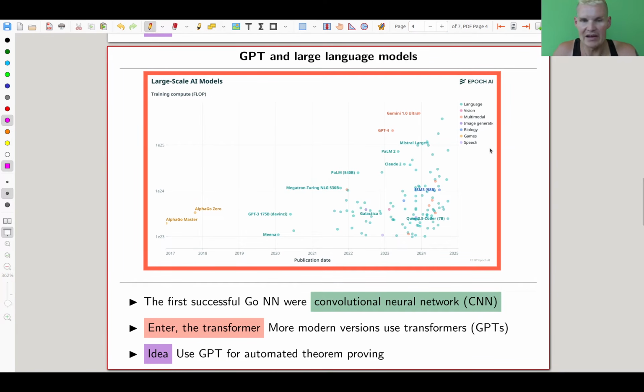People just realized that Go is very similar to theorem proving, kind of a fun thing. So chess, very different. Go, not very different. You can also do chess with those types of neural networks, but chess was understood way before, and Go was very complicated for a long time. But anyway, the architecture that can do Go, people conjectured that maybe it actually can do automated theorem proving as well. And that's what they did a little bit later, when the transformers were already out.